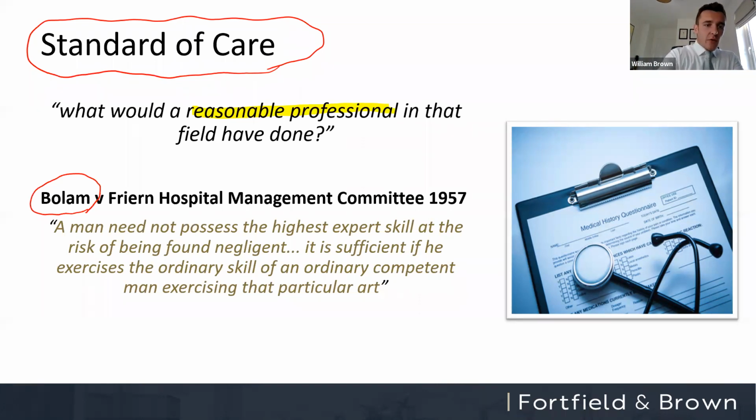This is important for another reason, because it is this standard that most of your professional indemnity insurance will insure up to. Your PI insurance will not cover you for carrying out the works perfectly. They will not insure you against a fitness for purpose obligation. You cannot guarantee that the design will work as intended. All you can do is guarantee that you have done the work using the reasonable skill and care of a competent professional in that field.